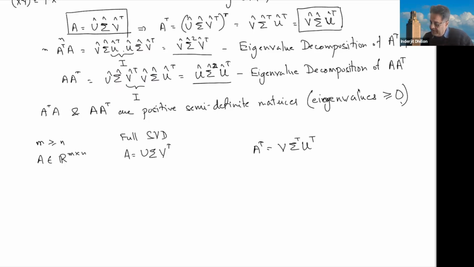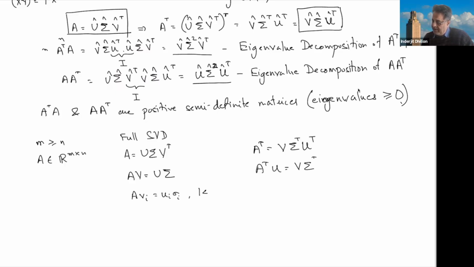Now, in both cases, I can take A times V is equal to U times sigma. Similarly, I can take A transpose times U by post multiplying both sides by matrix U. I have V sigma transpose. And this means that if I look at each column, A Vi is equal to Ui sigma i